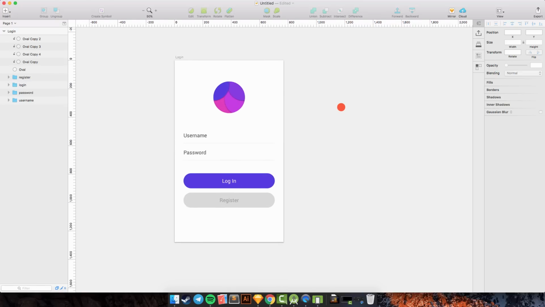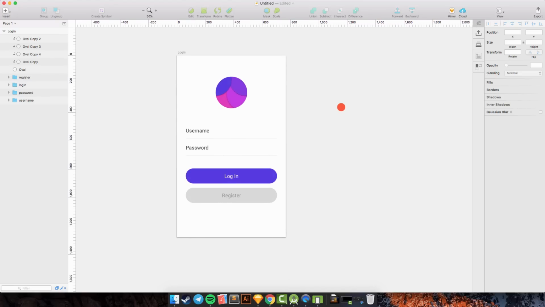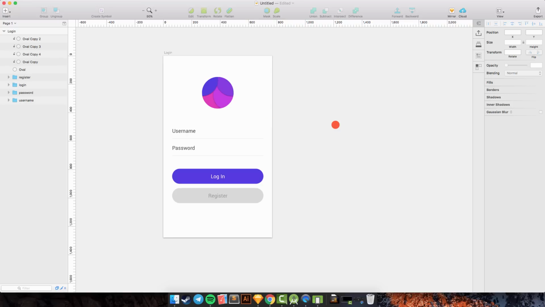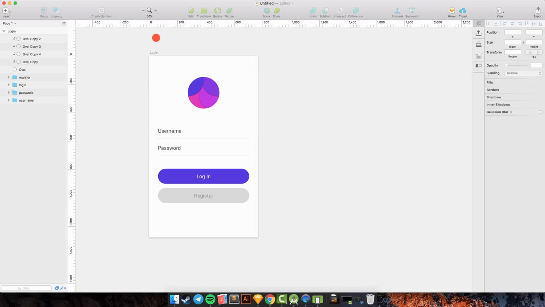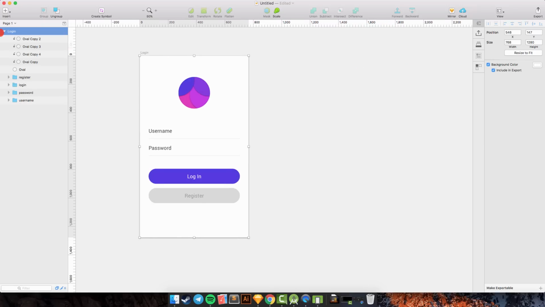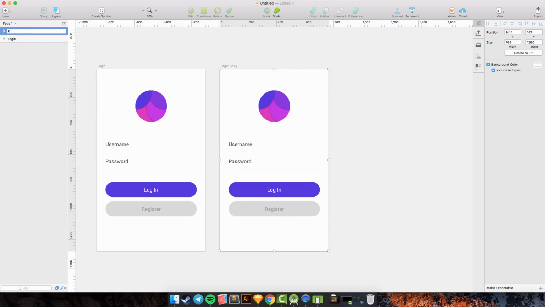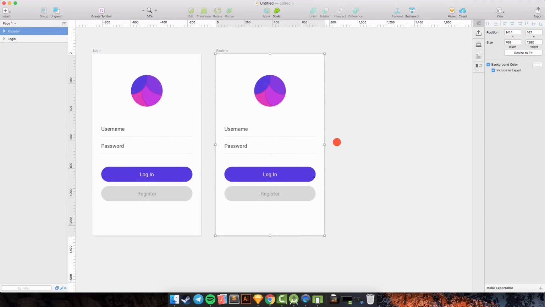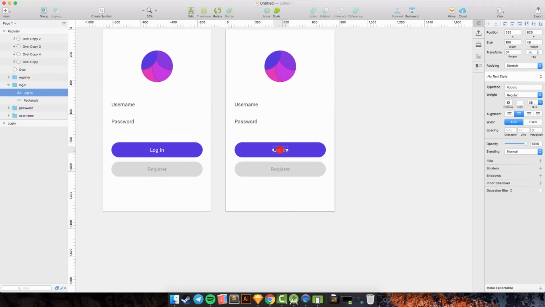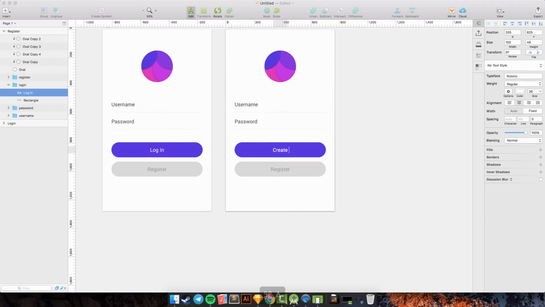so we will create another page for register. We select the login and check the background color like this. Okay, I want to duplicate this layer to register and change the login to create an account, and the register change to login.